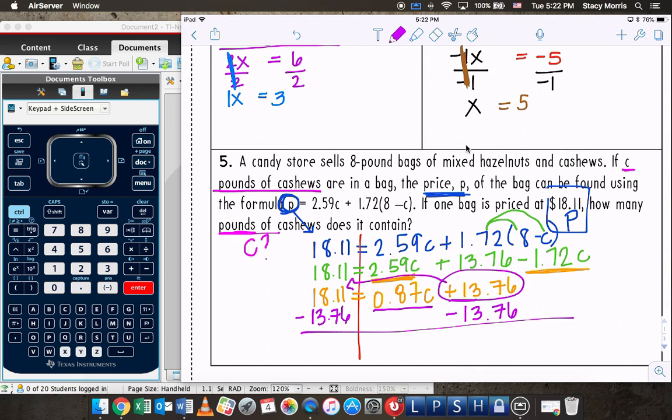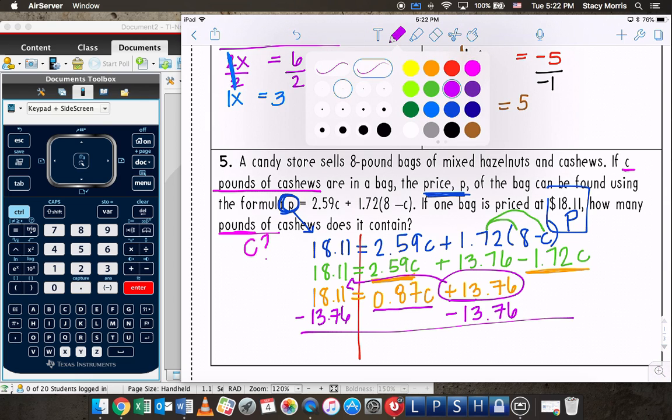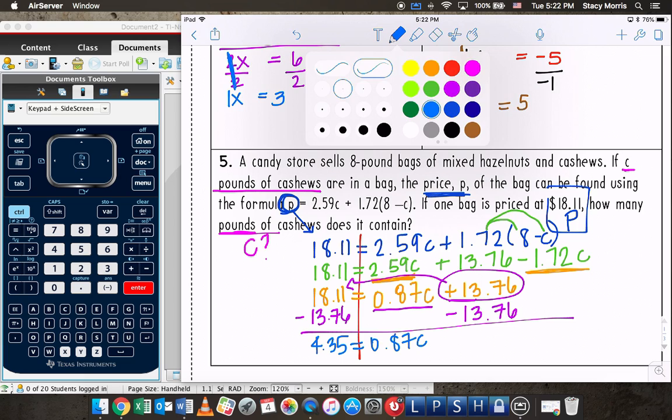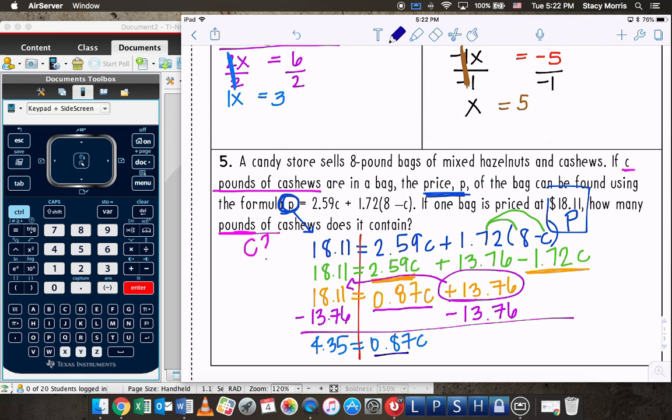So I'm going to write that down. 4.35 equals 0.87C. My last step is to divide by the coefficient, which is what we're going to do. We have a coefficient right here of 0.87, right? So we're going to divide by 0.87. So these will cancel out, which is what we want to happen. This 0.87 right there, those cancel out. That gives us a 1C, or just C, equals